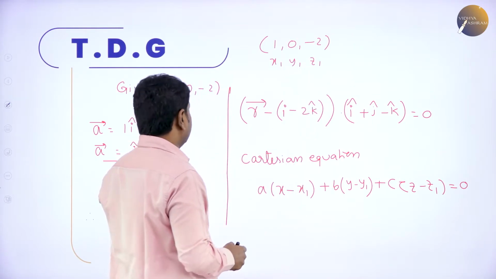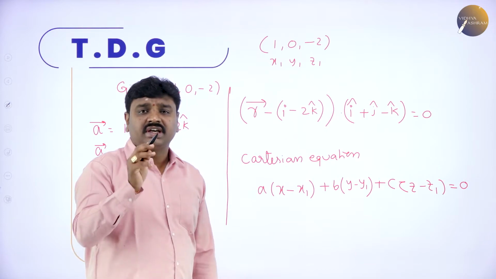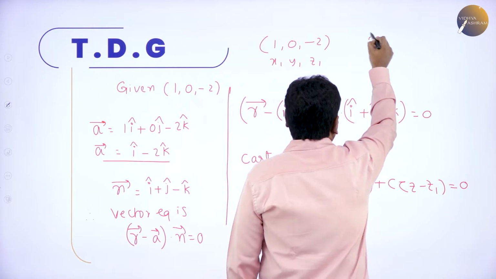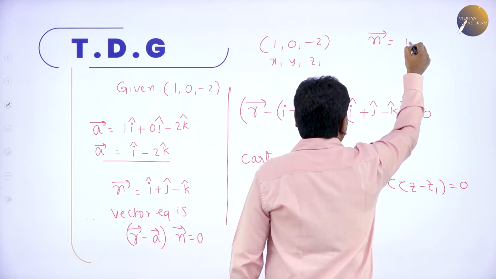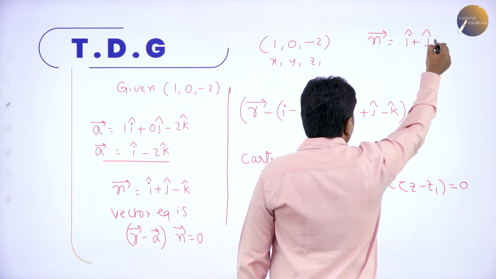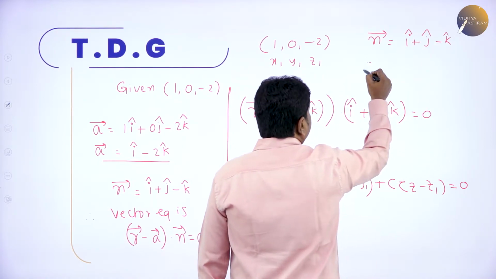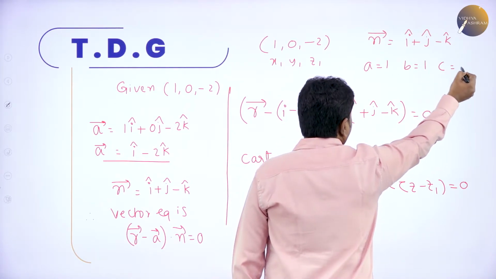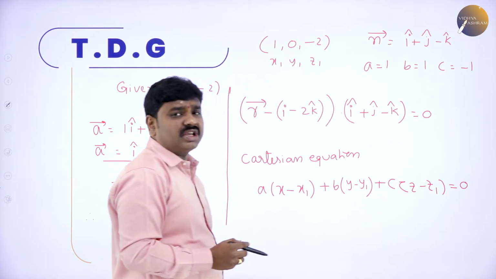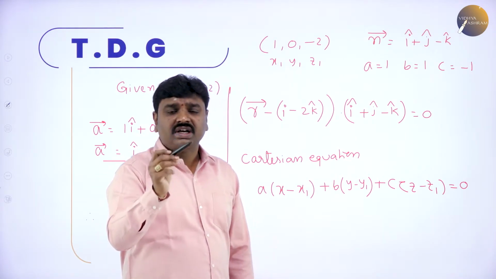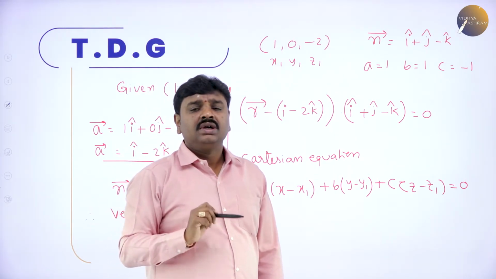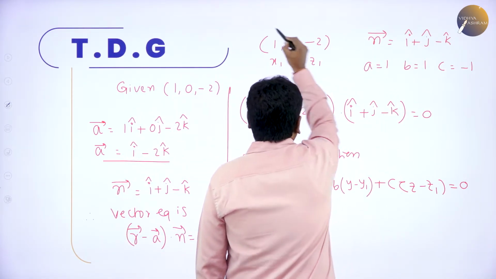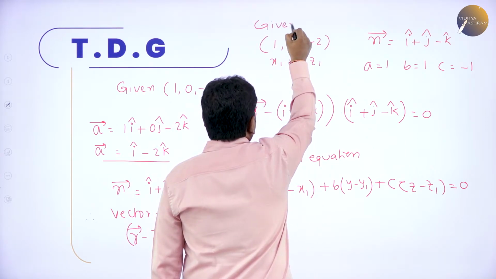And also normal. So a, b, c are the direction ratios of normal. They give normal as i cap plus j cap minus k cap. a means coefficient of i, a is 1. b means coefficient of j, 1. c is coefficient of k, minus 1. So a, b, c are 1, 1, minus 1. What are a, b, c in this? They are the direction ratios of normal to the plane. All of you know what is direction ratio. Coefficients of i, j, k are called direction ratios. Normal is given. These two are given in the problem. When you read the problem clearly, they mentioned this.